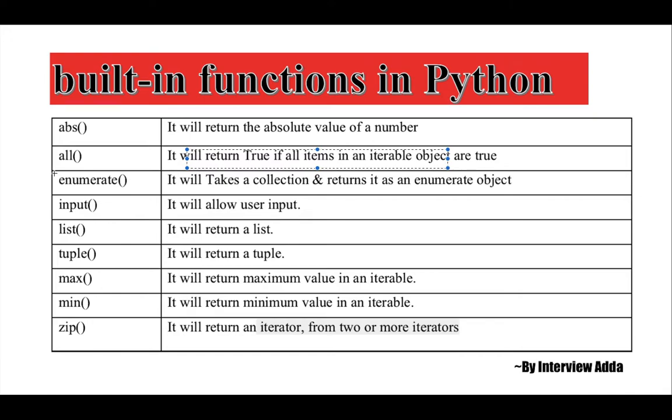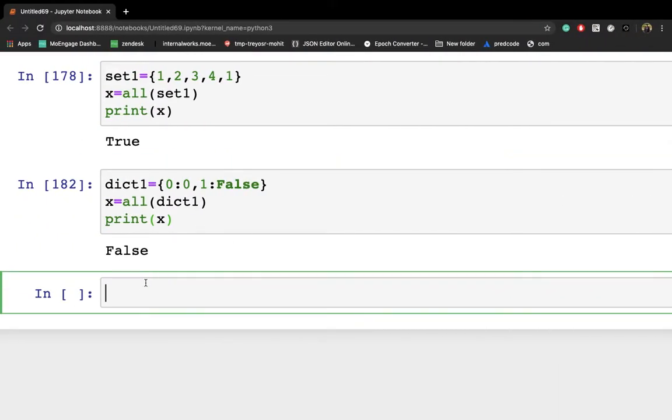Now let's talk about the enumerate function, which is a very important function and might be asked as an interview question as well, right? It will take a collection and return it as an enumerate object. Coming to the definition, the enumerate function adds a counter to an iterable object and returns it, and the returned object is an enumerate object. Basically it takes two parameters. The first one is iterable, which is a sequence, an iterator, or an object that supports iteration. The second one is start, which is optional. If start is omitted, then the enumerate function will start from 0 by default.